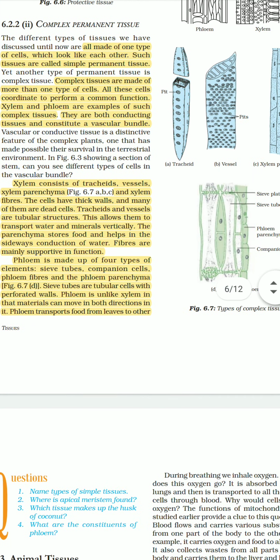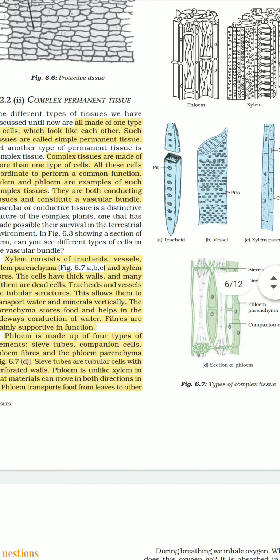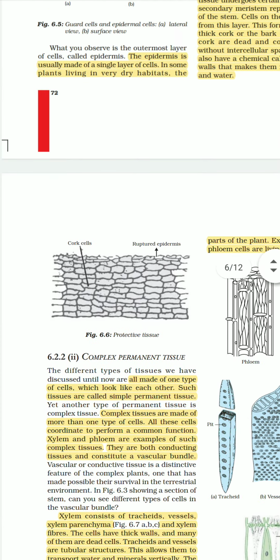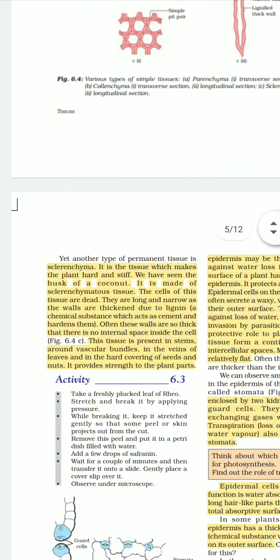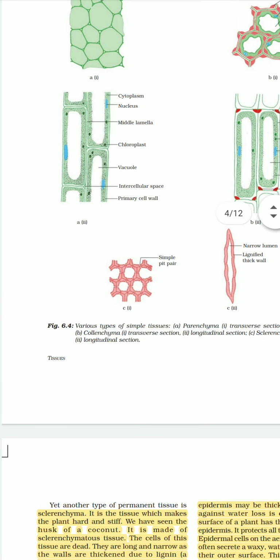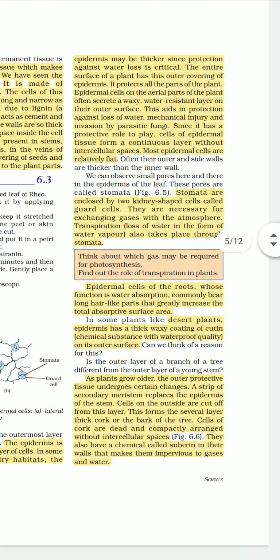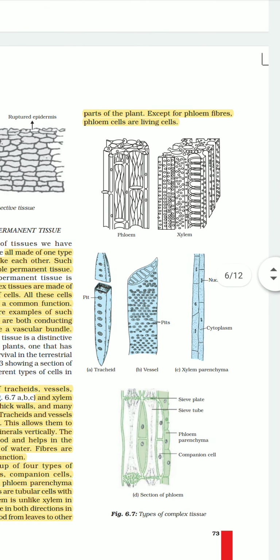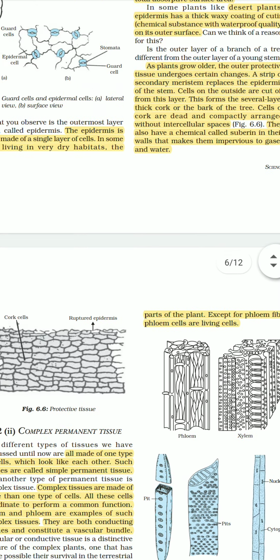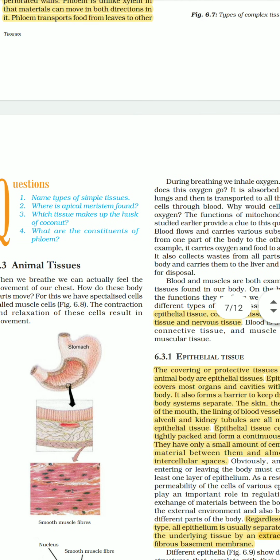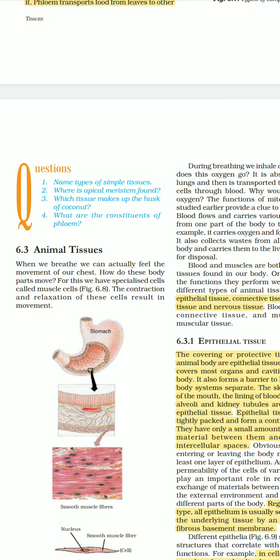Okay, and also you have to draw the diagrams in your notebook, whatever important diagrams we have done regarding this topic, plant tissues. See, you can see parenchyma, collenchyma, sclerenchyma, then xylem, phloem. Draw all these diagrams in your notebook and complete the work. Solve in-text questions. I hope you can now answer these questions. If you have any doubt, please ask.